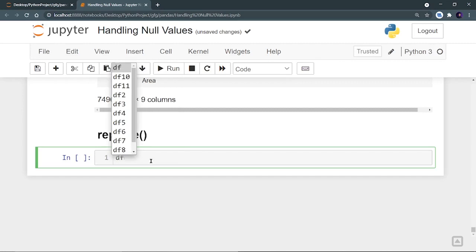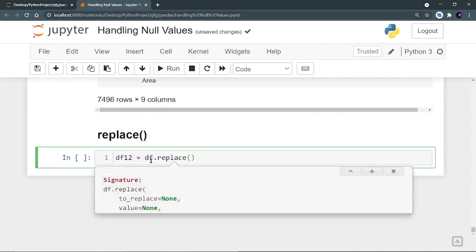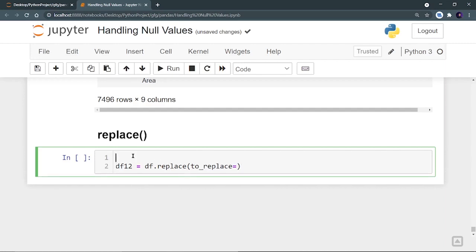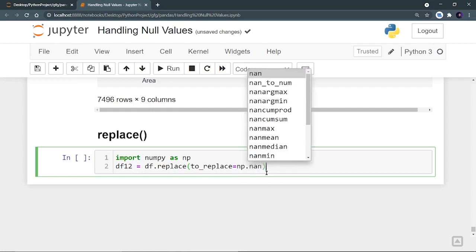So we have to create another data frame called df12 equal to df.replace, and we have a first parameter called to_replace. That means what we want to replace. Here we have to import numpy as np, because I can't write null like this, and numpy contains an object for null values, so we write np.nan, right?